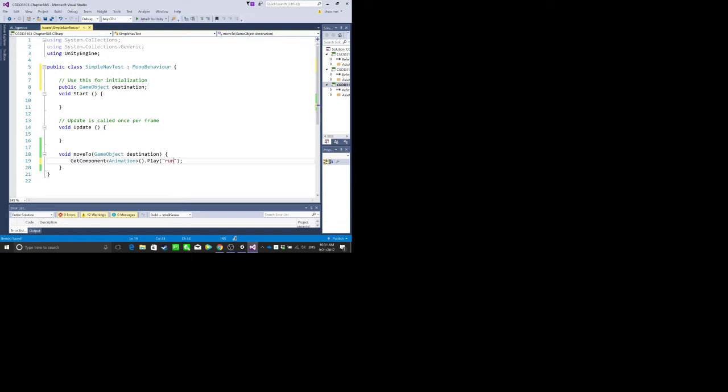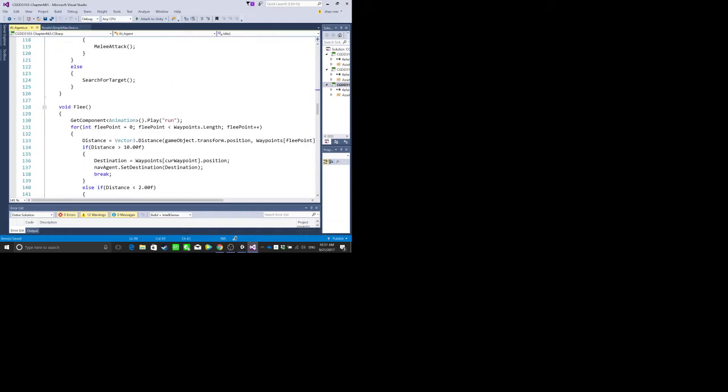So basically what this statement does is it gets the animation component from this object and then plays that animation, run. And it will use the